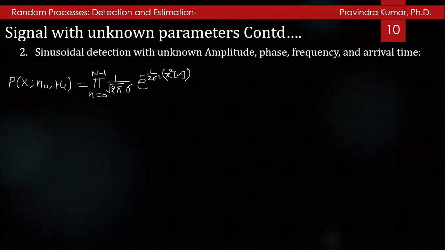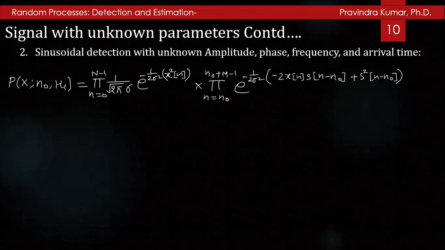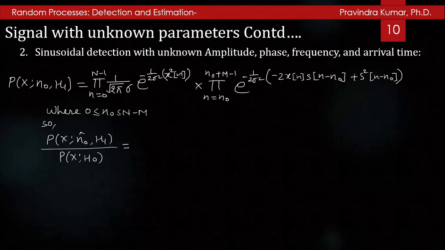So the PDF under hypothesis H1 will be the product for n=0 to N minus 1 of 1 over root 2 pi sigma square, e to the power minus 1 by 2 sigma square x square n, times the product for n = n0 to n0 + M minus 1 of e to the power minus 1 by 2 sigma square times (minus 2 x[n] s[n - n0] plus s square[n - n0]), where n0 is between 0 and N minus M. So the likelihood ratio will be